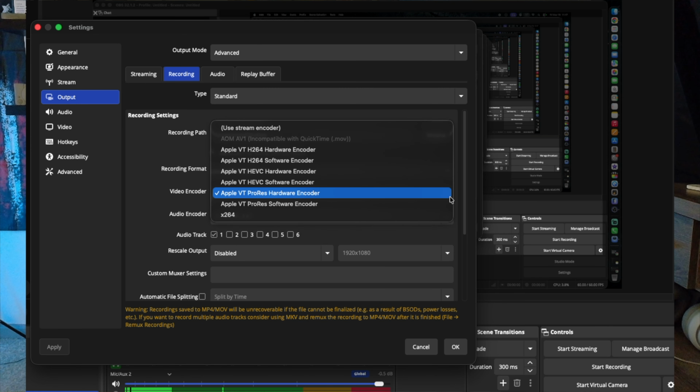So now when you drop into your video encoder, you'll see that there are basically, I'm going to call it, 6 types. All we're going to be doing is looking at the hardware encoders, and each one of these does something different. You'll have a VT H.264 encoder, an HEVC hardware encoder, and you'll have a VT ProRes hardware encoder. The 2 main types of encoders that you'll be looking at are the H.264 and HEVC, and I'd like for